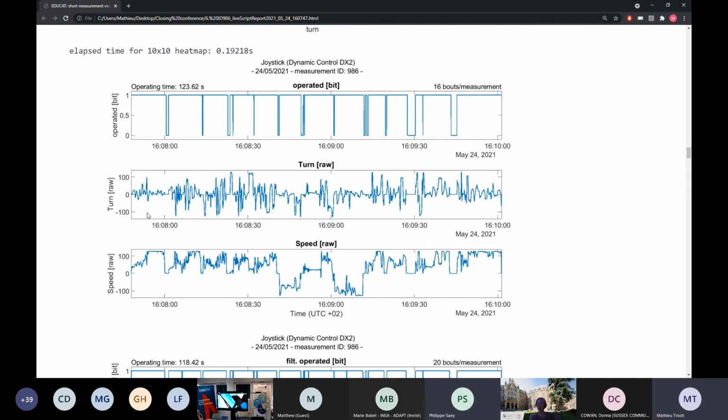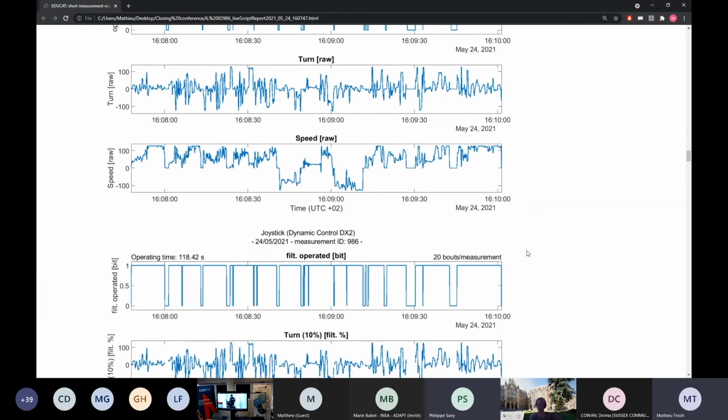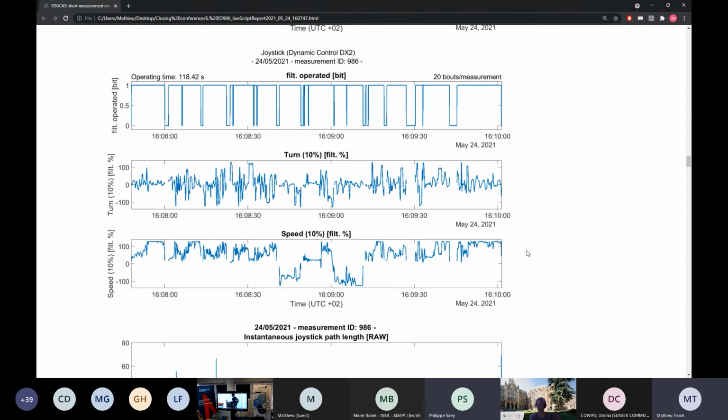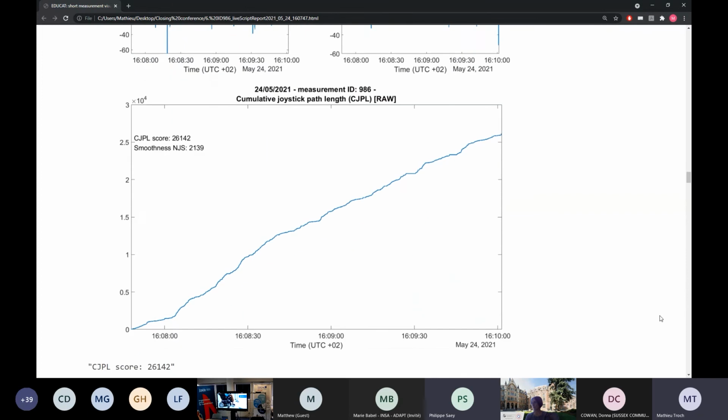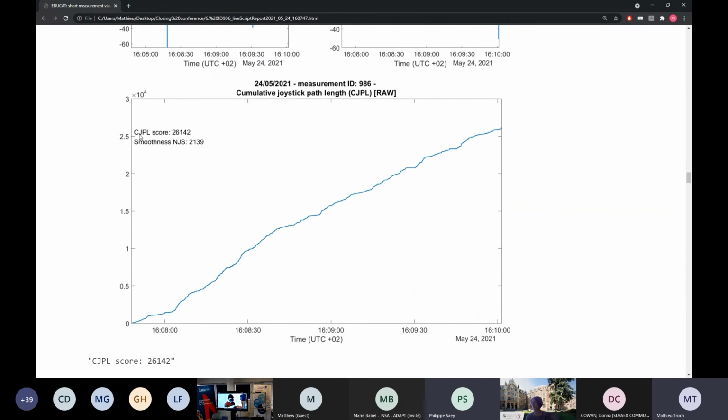This is turn and speed of the joystick as a function of time. We take out the parts where it is not actuated. This is the filtered data, the same thing. This is the instantaneous joystick path length in each sample in the X and Y direction. And then we see here, in fact, what we wanted to calculate, the cumulative joystick path length, which is this one, and the smoothed